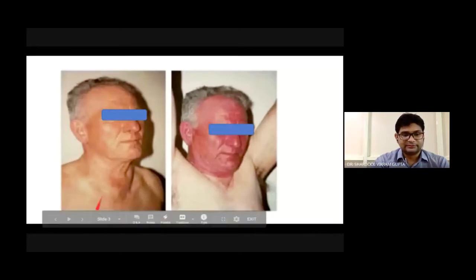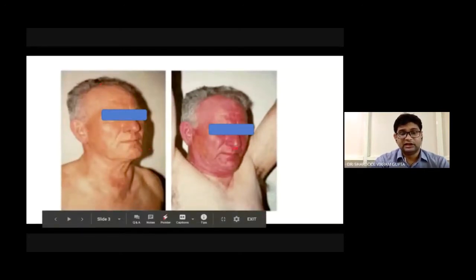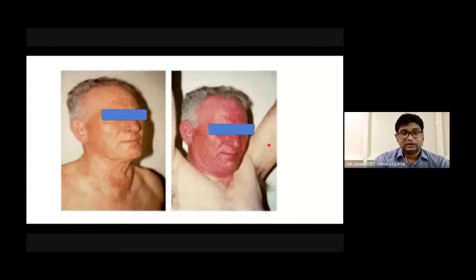And what do you see in this picture? Here is a person, and he has raised both his hands. Now you see redness on the face. What do you see? Okay, people are commenting rightly. It's a Pemberton sign, and I will let you know, guys, what exactly a Pemberton sign is.